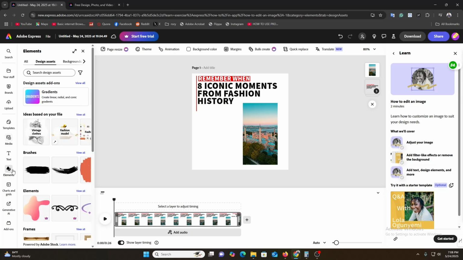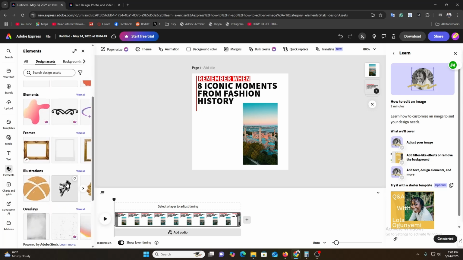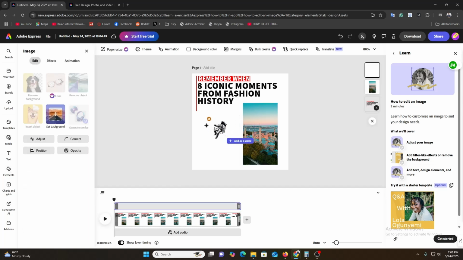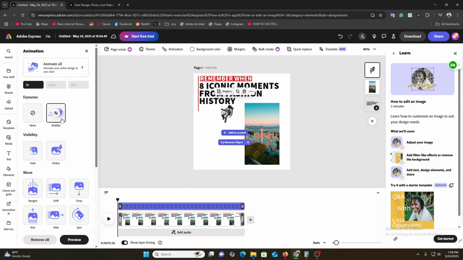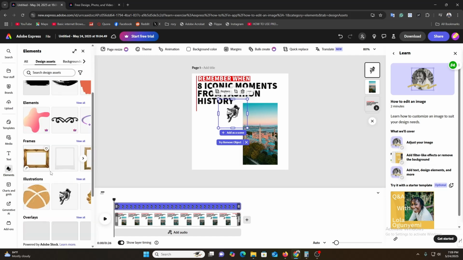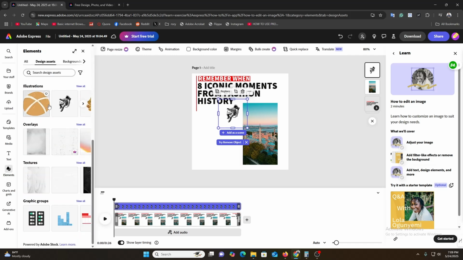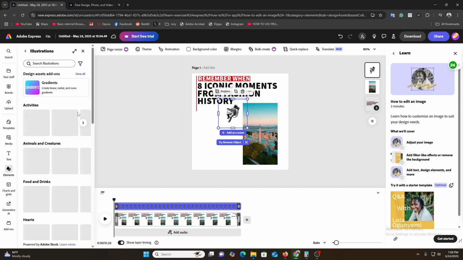Let's go over here and find some elements. This one looks really nice, so I'm going to place it, and again I'm going to add some elements like animation. This one looks really great, so I need to find elements one by one over that place. Yeah, let's click on view all,